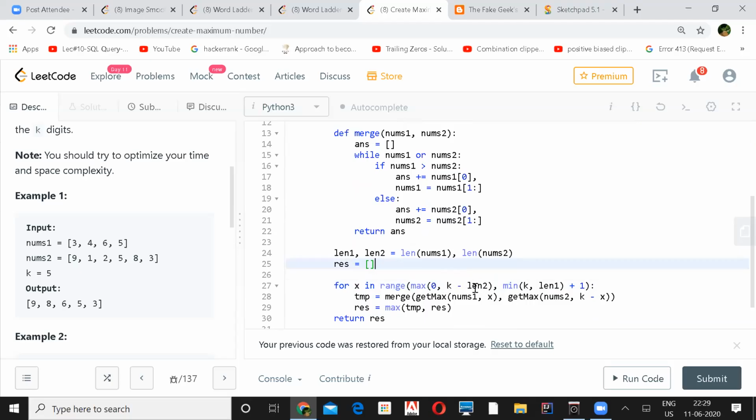Because if your length 2 is greater than k, you are going to get a negative number there, right? Exactly. So you don't want to start from a negative number, so you just start from 0. Yeah, but in case your len 2 is lesser than k, then it is good to start from that index, correct? So can't I swap length 2 with length 1? Will it create any problem? That's a good question. So you again swap nums1 and nums2. I tried it, but it was giving wrong answers in some of the test cases.